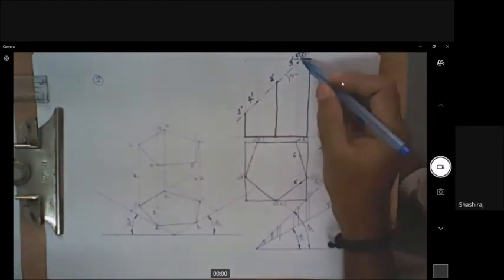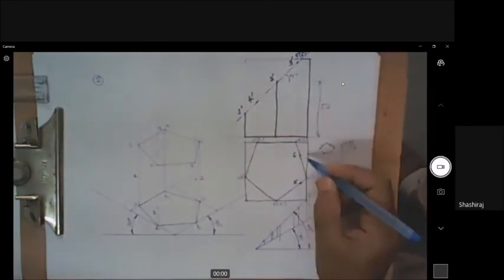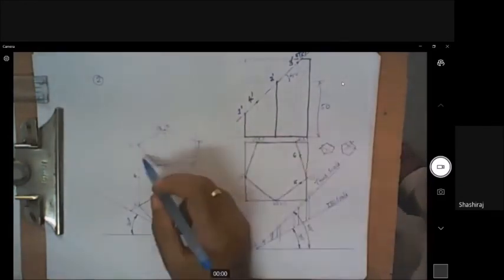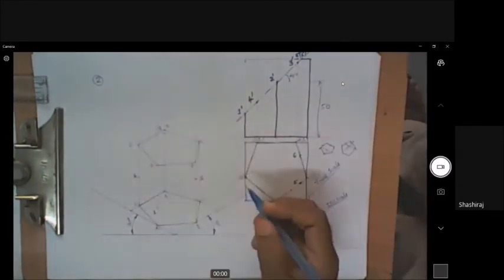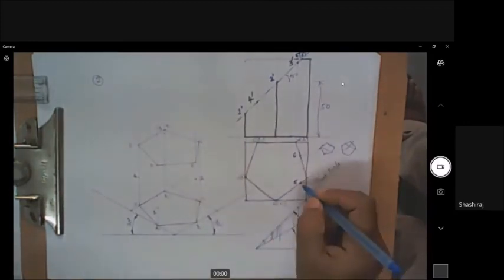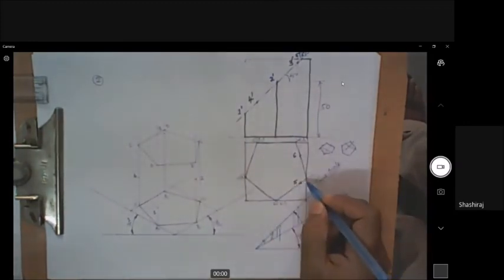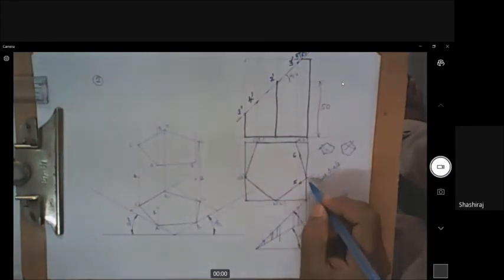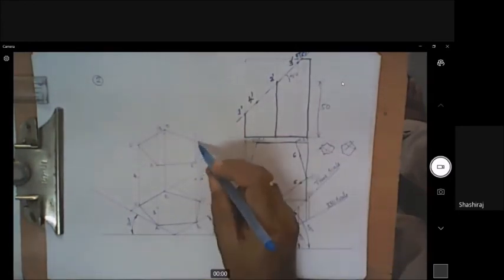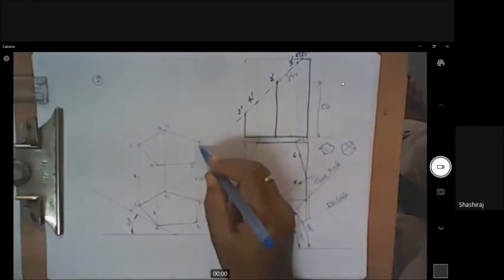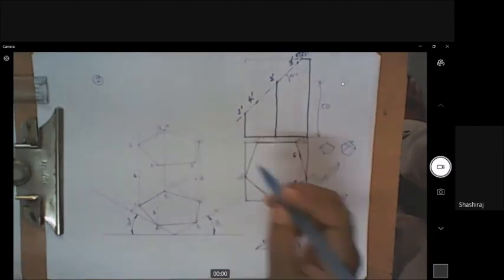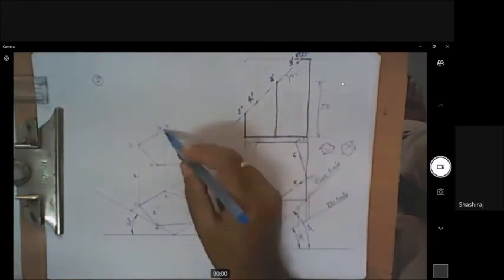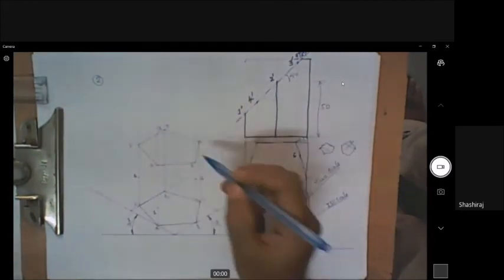Then top face points 5 and 6. They are seen here, right? They will not be on any of these vertical edges. They will be on the top face. And one more thing you observe, point number 5 is on the edge BC. Where is BC? It is here. So this point will be on this edge, right? And point number 6 will be on DC. DC is here. So one point will come here, another point will come here.